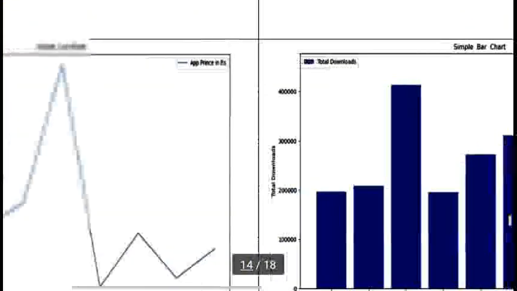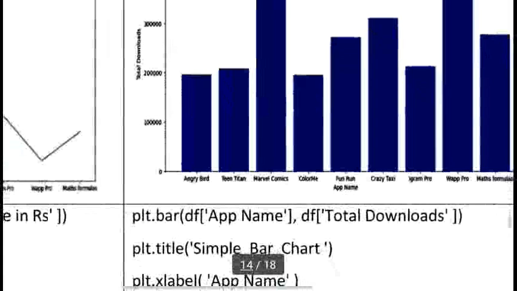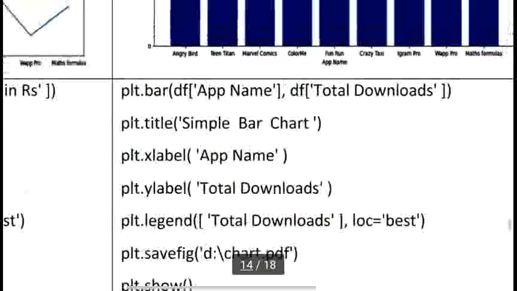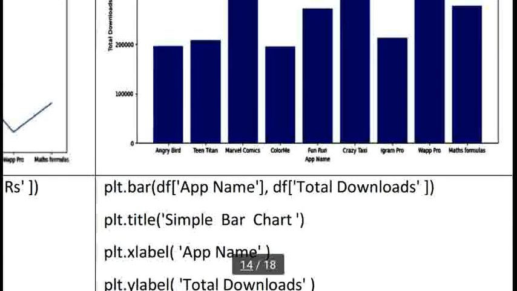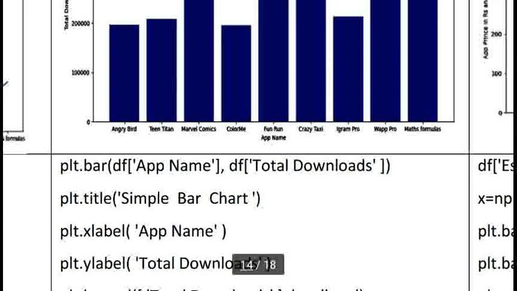Now bar chart, so the same chart I want to convert into a bar chart. Because this is only one column, there is no need to use the xticks function in a bar chart. Especially in a bar chart, when we have multiple columns, then we will use xticks. When we have only a single numerical column, there is no need. We directly use plt.bar with application name on the x axis, and total downloads on the y axis. So you can easily see minimum and maximum, and we directly take the decision.